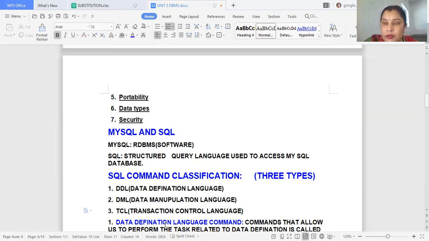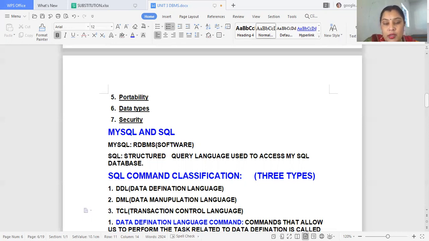Means in order to access the MySQL database, we have to write certain predefined query language, and this predefined query language is known as SQL. The predefined commands are known as SQL commands.